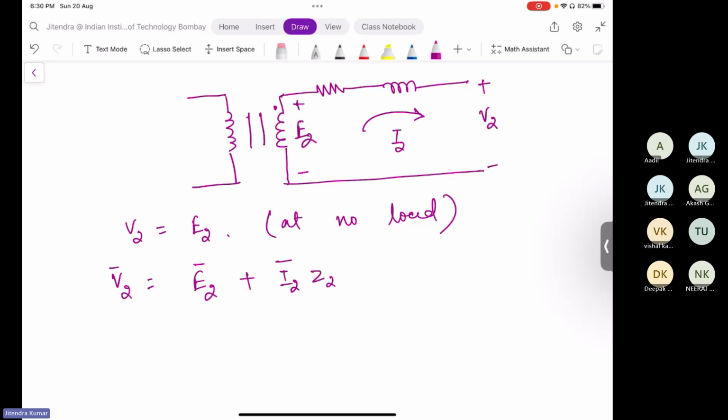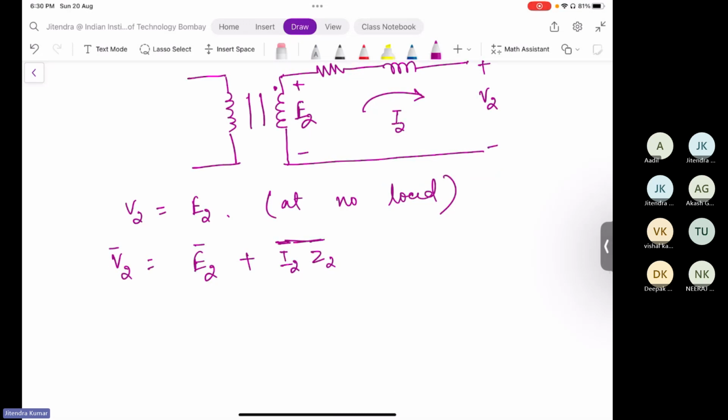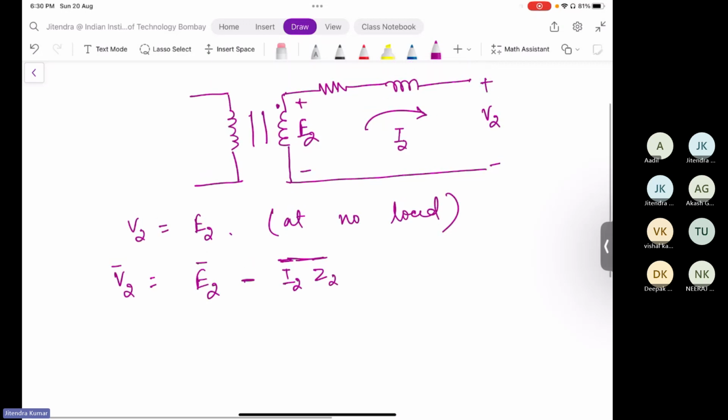I2 Z2. Okay, or both combined. Now, V2 is equal to E2 minus I2 Z2. Yeah, E2 minus, E2 plus I2 Z2 plus V2. Okay, so if this condition you are getting, then